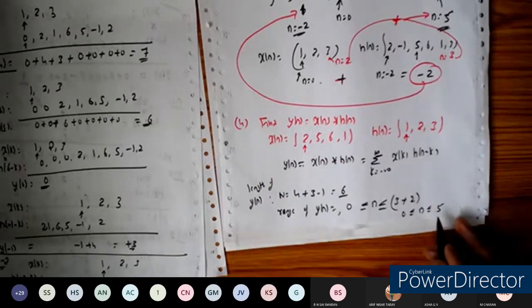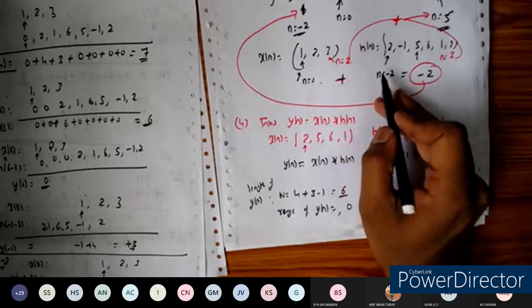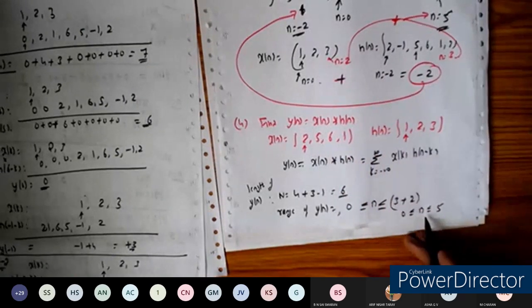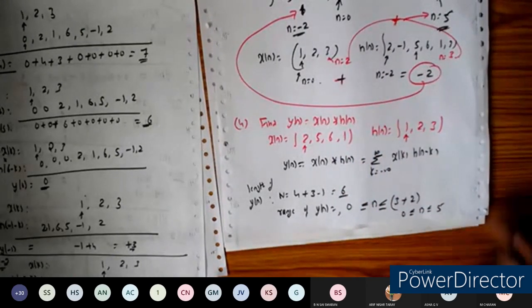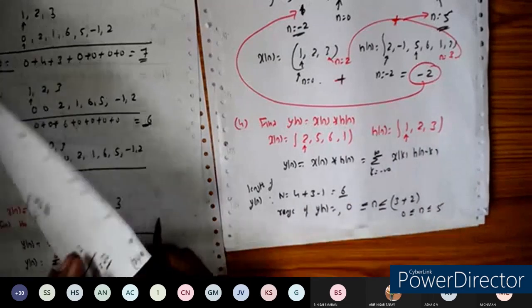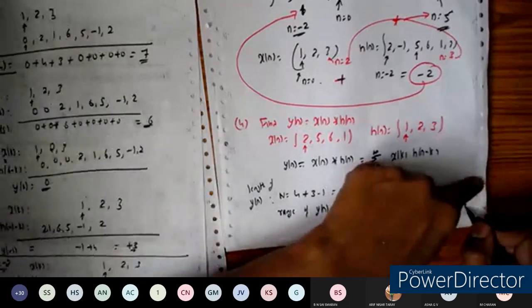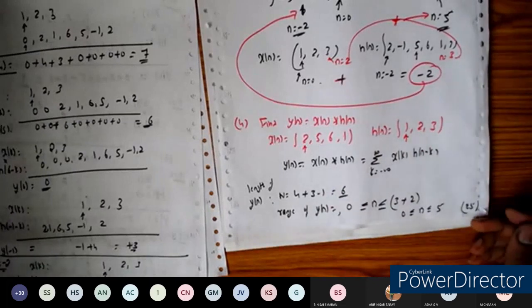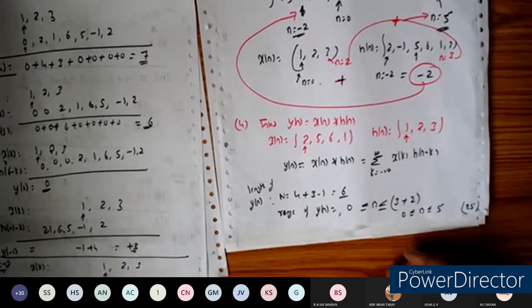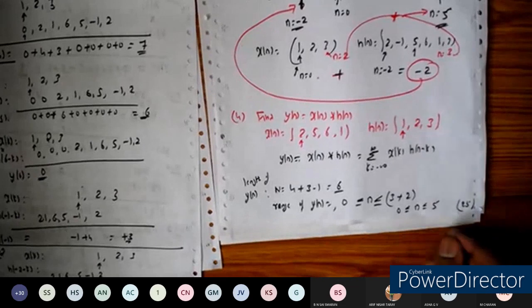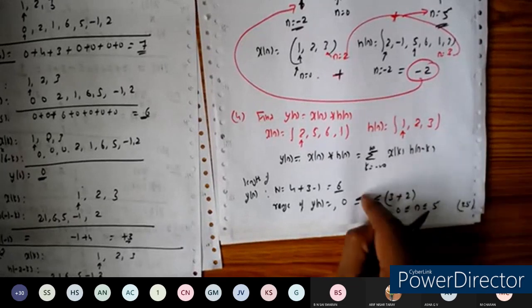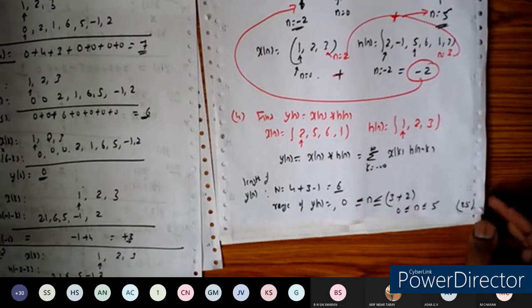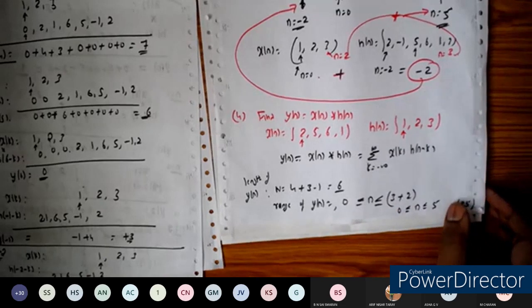Okay, so got it now. I told you this in the last class, how to get the range of the sequence. So I'm going to teach you all the methods. It will be helpful for you for your GATE exam, competitive exams, and solving problems in many applications. So just note down the concepts here and understand the concept. Make a note of it at the end of your notebook.